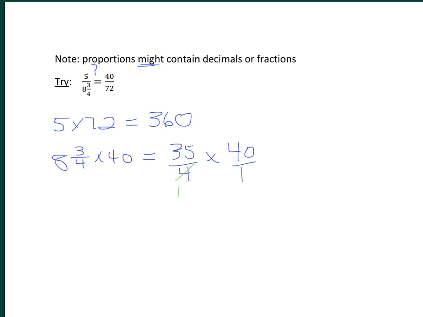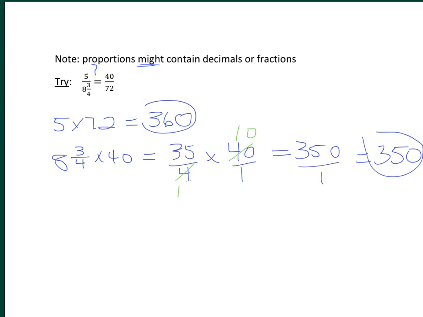So let's do that. Now we can multiply through, and we'll have 350 over 1, or 350. Since the cross products are not equal, we've got 360 and 350, the cross products are not equal,